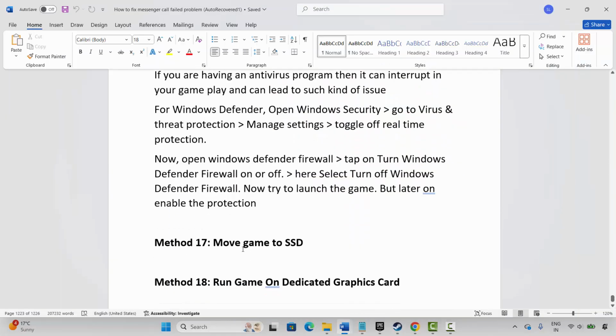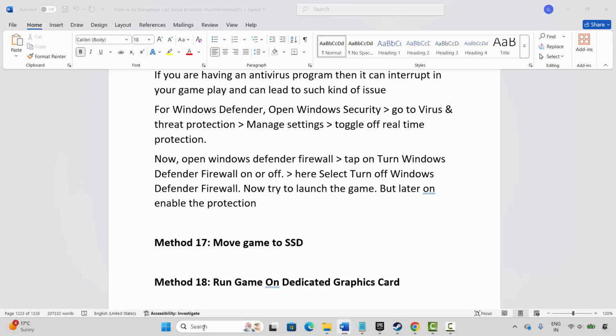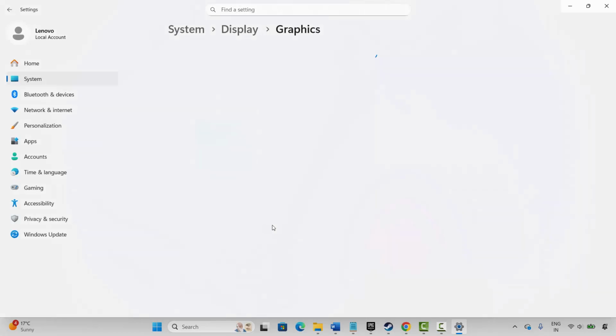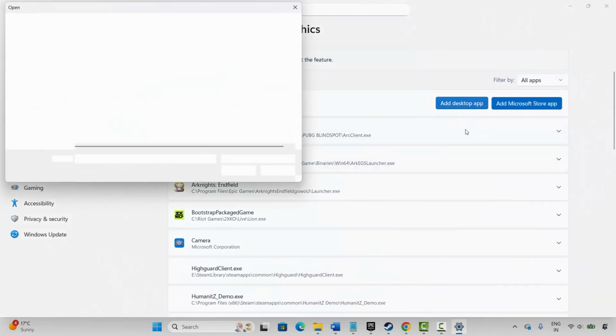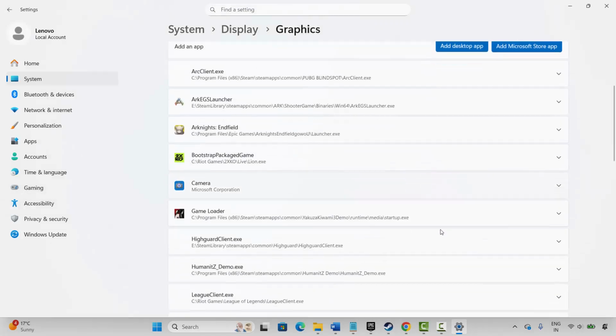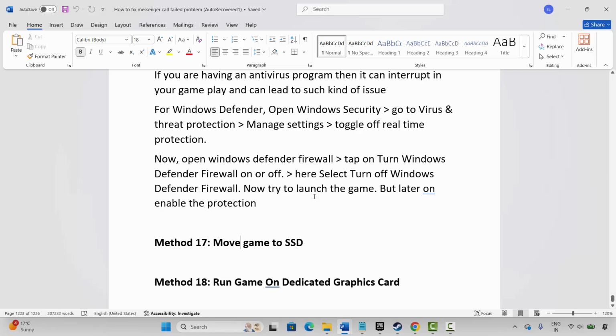If not, next method is to run the game on the dedicated graphics card. For that, go to the Windows search for graphics settings. After that, here you have to add your game to the list. For that, click on Add a Desktop App. Now go to the game folder, select the game application, and add it to the list over here. Once you add the game, click on the Windows icon, click on the arrow icon, and under GPU preference select high performance, and after that launch the game and then check if the game is opening or